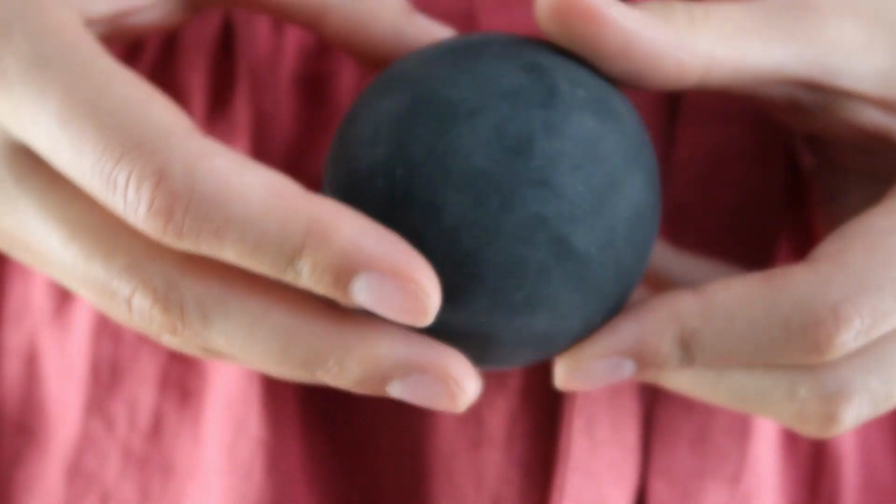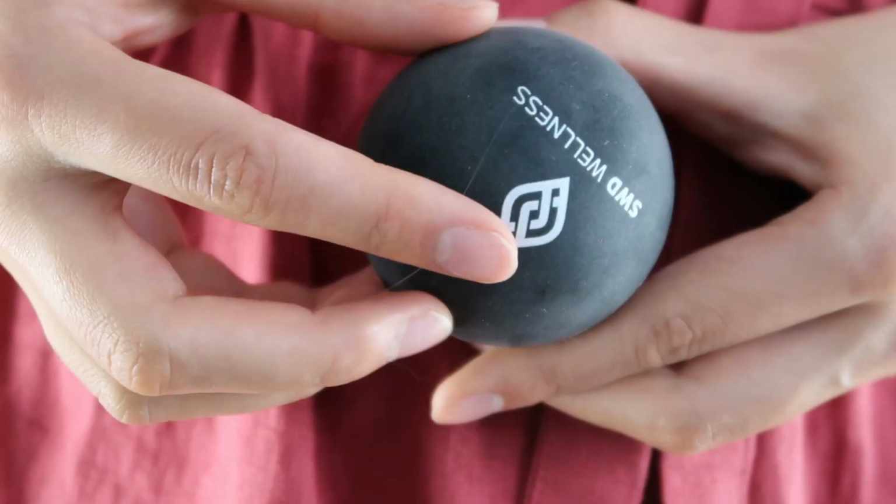All right, the next one is one of my favorites, and this is this wellness ball. This is really great if you're sitting a lot in front of the computer and you have a lot of neck pain like I do. So what you do usually is that you sort of just place it on your neck and you roll it against your neck, and it does relax your muscles